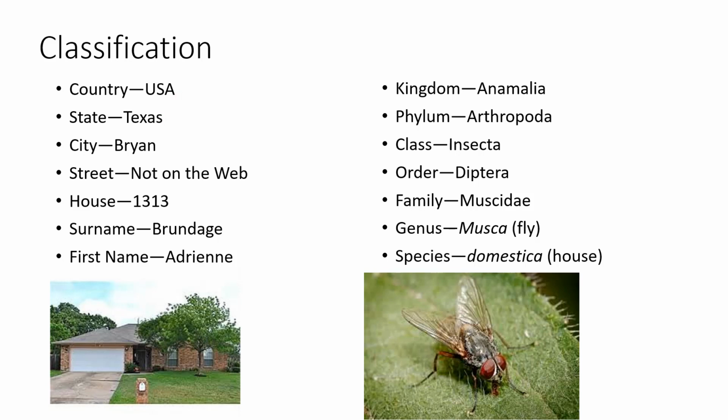Neat. So that is the exact same thing that we do when we classify organisms. We start with the largest group of organisms. In this case, it's going to be the Animalia. We start with the kingdom. Now, this is different from all of the living organisms on Earth. So this is a very large group of organisms that share a like type of characteristics. So a bunch of characteristics in common.